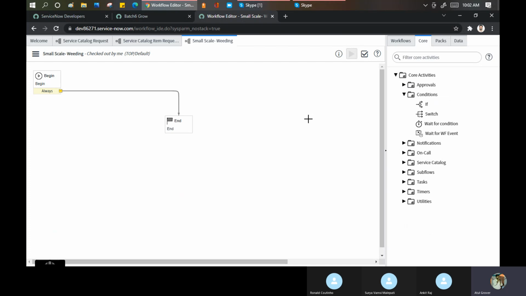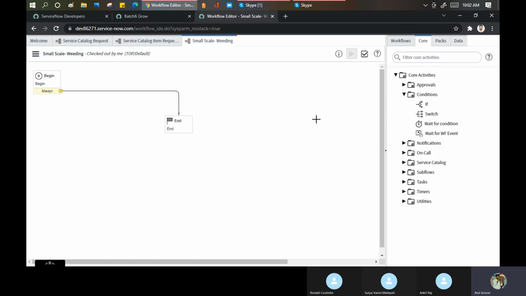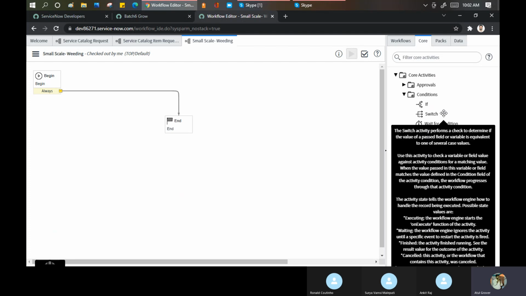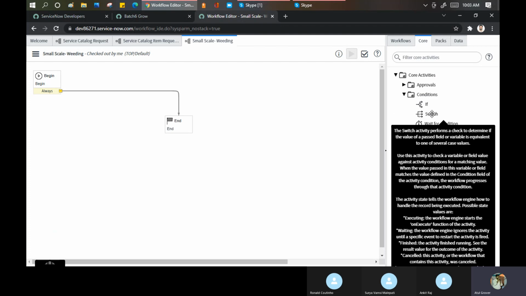Condition: if the condition matches, only then this thing will be done. Remember the C or C++ fundamentals, if and switch. You have to pick one out of three, one out of these. Suppose in my catalog item I have several options, now this will be utilized to optimize your catalog items as well. In the beginning when I asked the question, you said, Atul, we will put multiple options in a single catalog item, but how will you drive the workflow? This way, either by an if or by a switch condition.